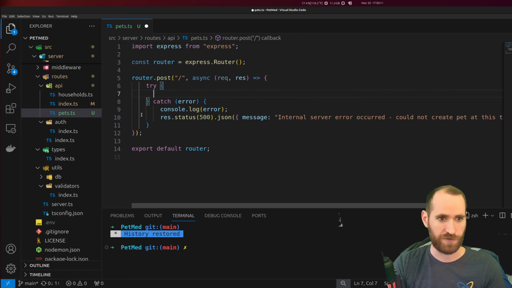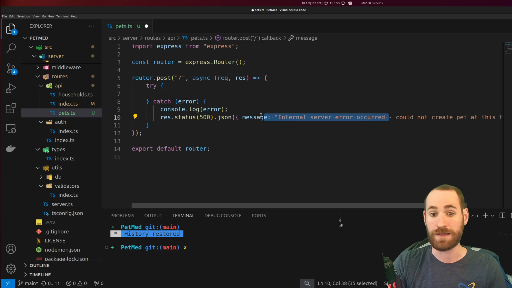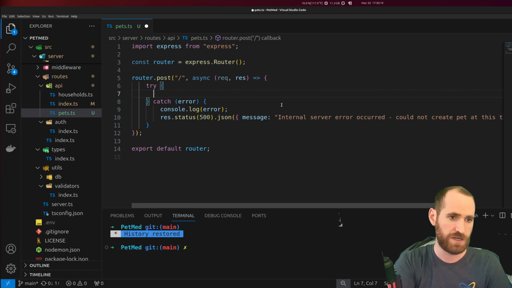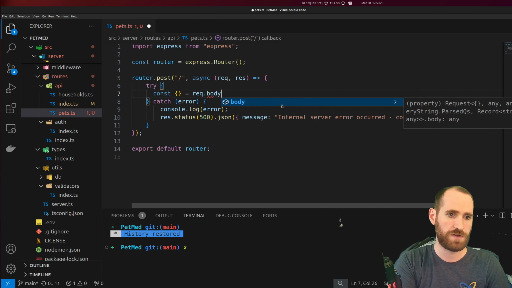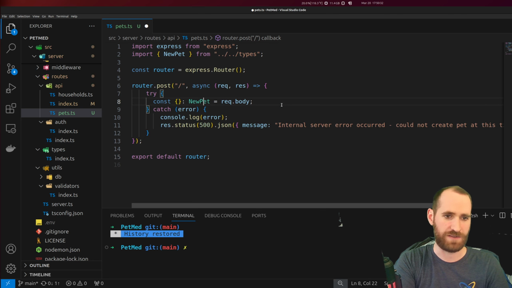So why not just create one global error handler that I can just say next error and have it just give a generic internal server error occurred message. So we'll see. But I need to go ahead and destructure out stuff from the req body. So what exactly is in there? Well, whatever's in there should be of the type new pet. So that'll help me autocomplete destructuring